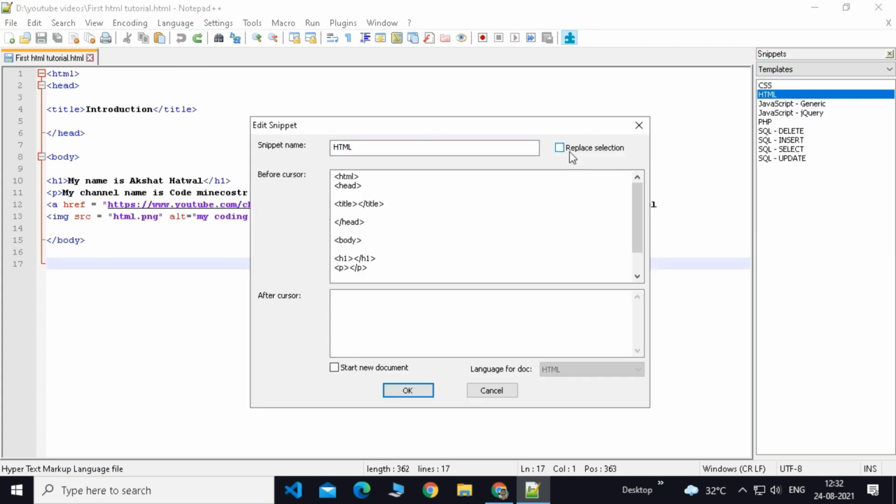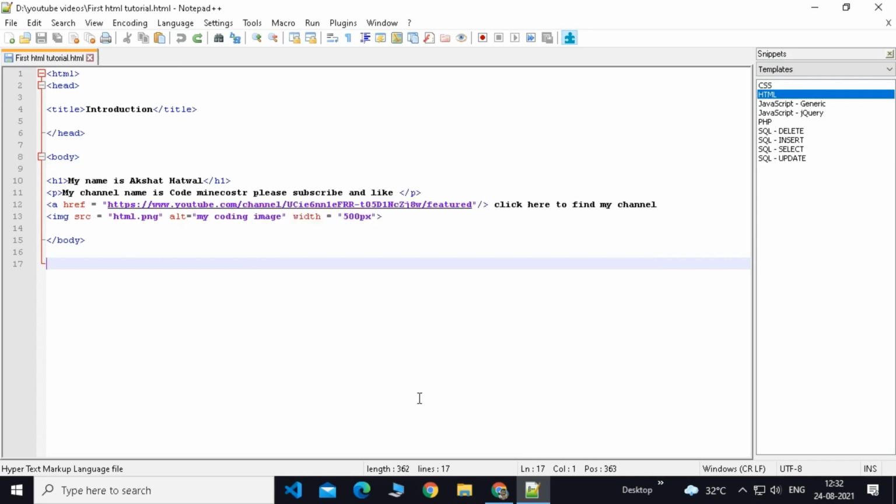So I don't prefer using this, I just don't like it. So I'm going to enable stick. And then what about after cursor? I'm just going to show you something. I don't know why I typed ASADS, but I just typed it. So yeah, I'm going to press OK.